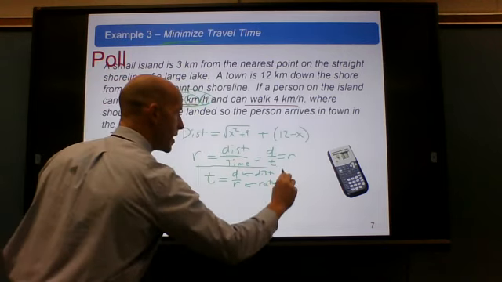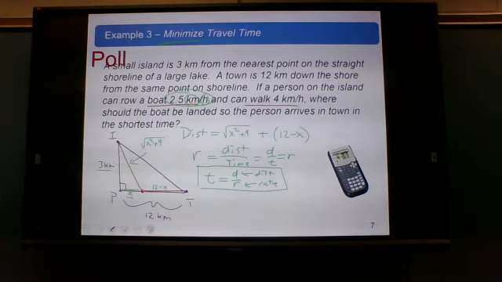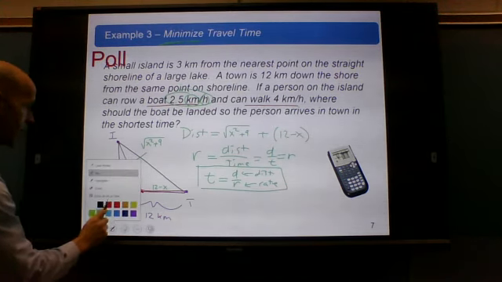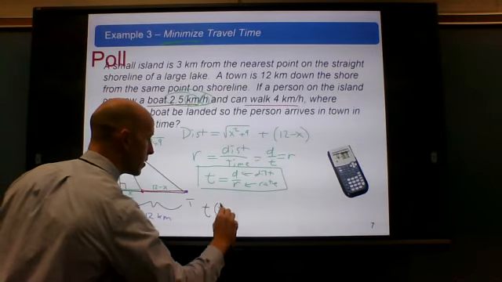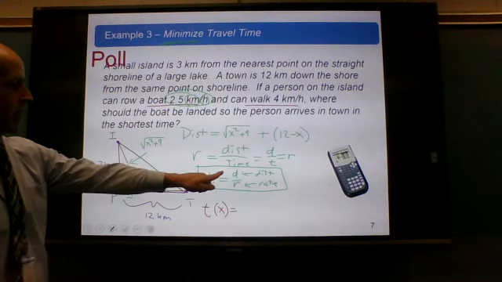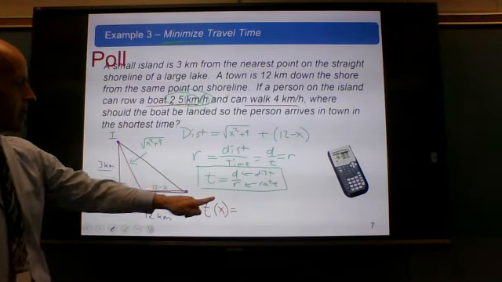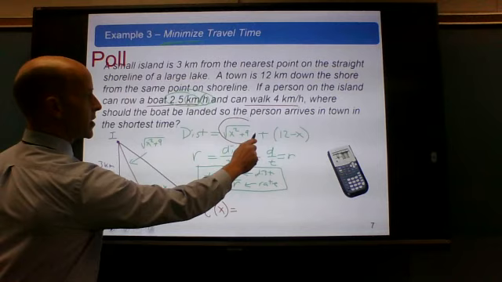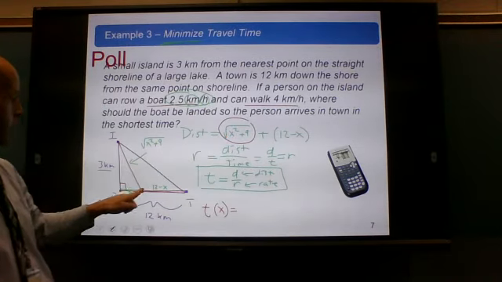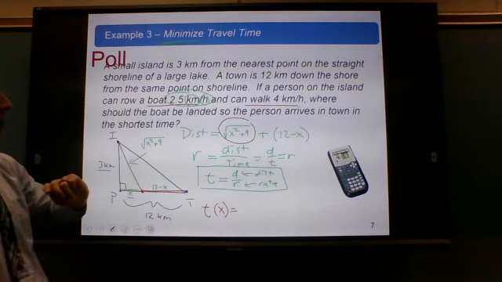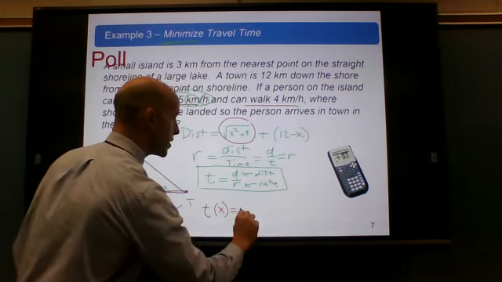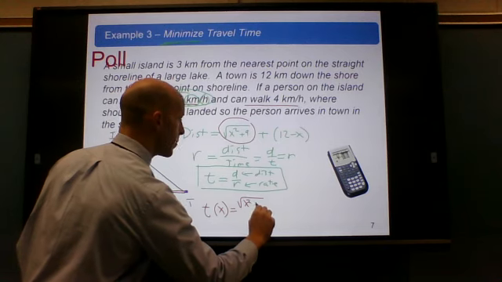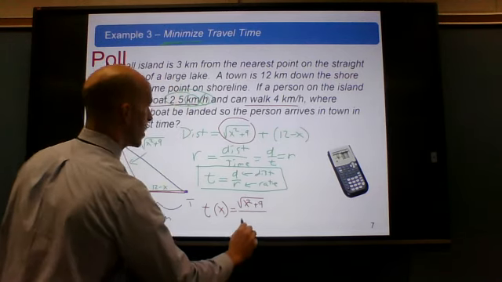This is going to be the key equation that I'm going to use for this problem. Let's do that in red. So I claim that our t function, which is going to be in terms of x, is going to be the distance divided by the rate. Now, this first distance right here, this is the boat in the water. And we can travel at 2.5 kilometers per hour. So I've got to do this distance divided by that rate. So that's going to be the square root of x squared plus 9 over 2.5